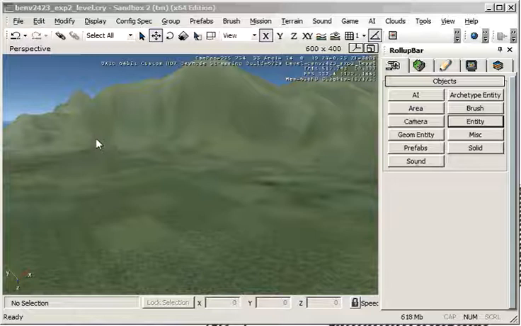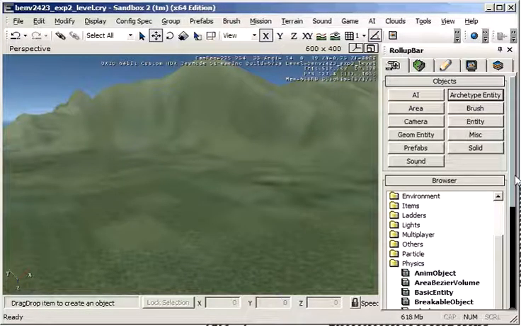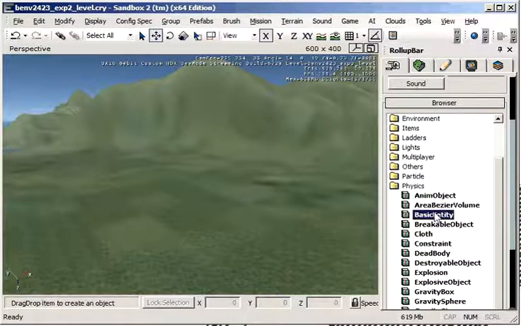I'm a senior lecturer in architecture and architectural computing at the Faculty of the Built Environment at the University of New South Wales. This is a quick tutorial on how to add constraints to objects or entities inside the Sandbox2 editor for Crysis Wars. First thing we need to do is create a few entities that we can use, basic